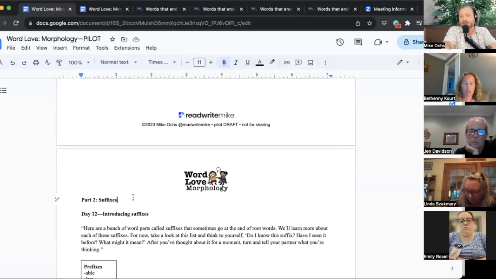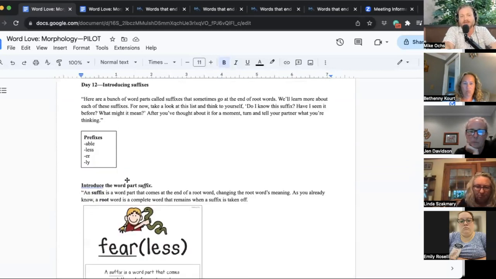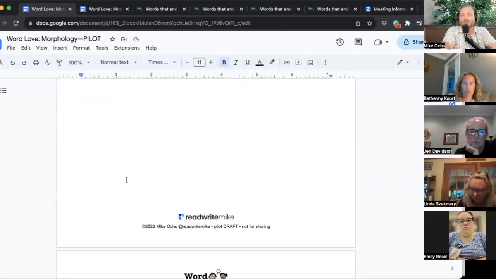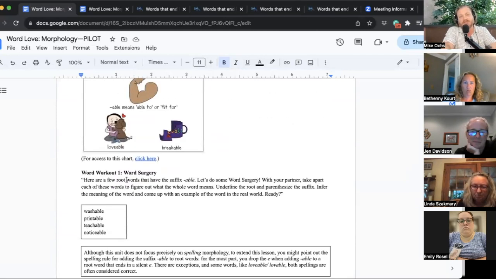And then we do a rinse and repeat with suffixes. You do a smorgasbord with suffixes, like here's what a suffix is. Let's just play around with it, even though I haven't really taught any of them to you. Then we're going to break it down into suffixes, some specific suffixes.